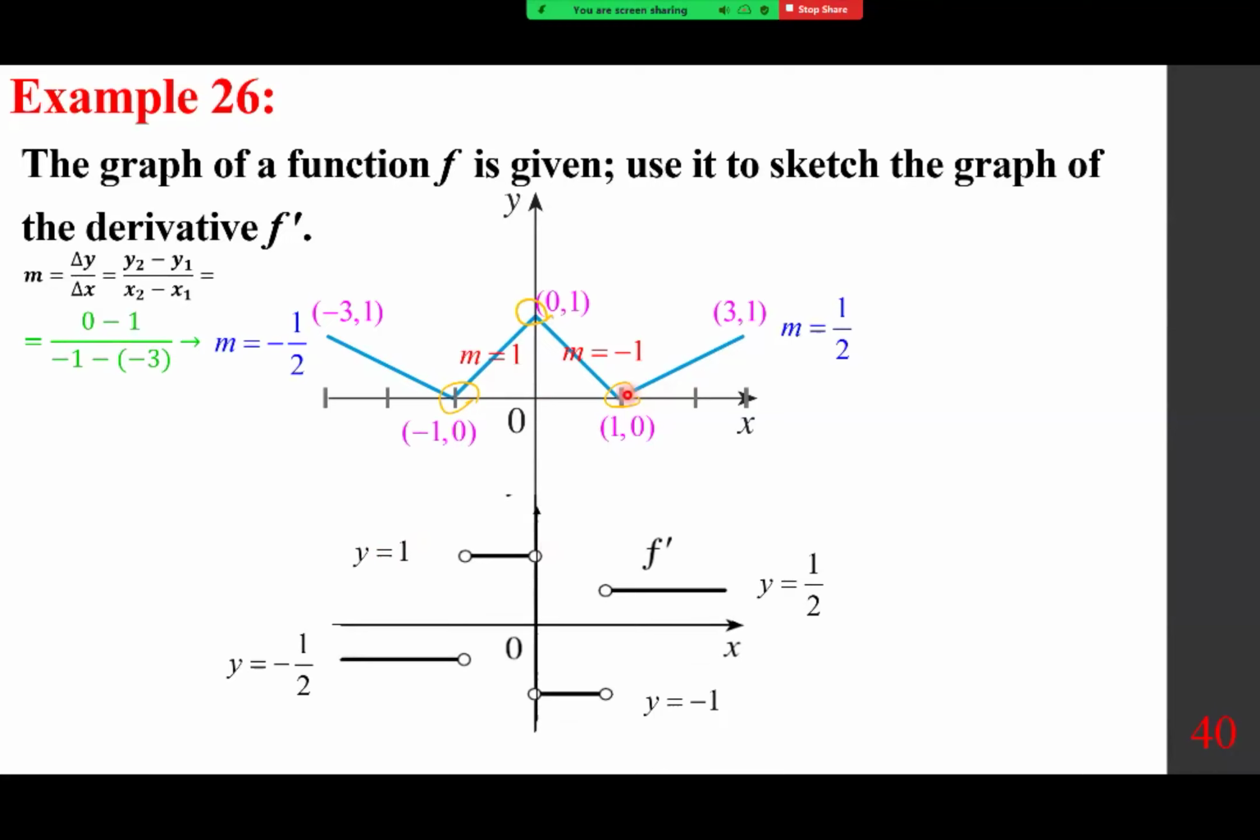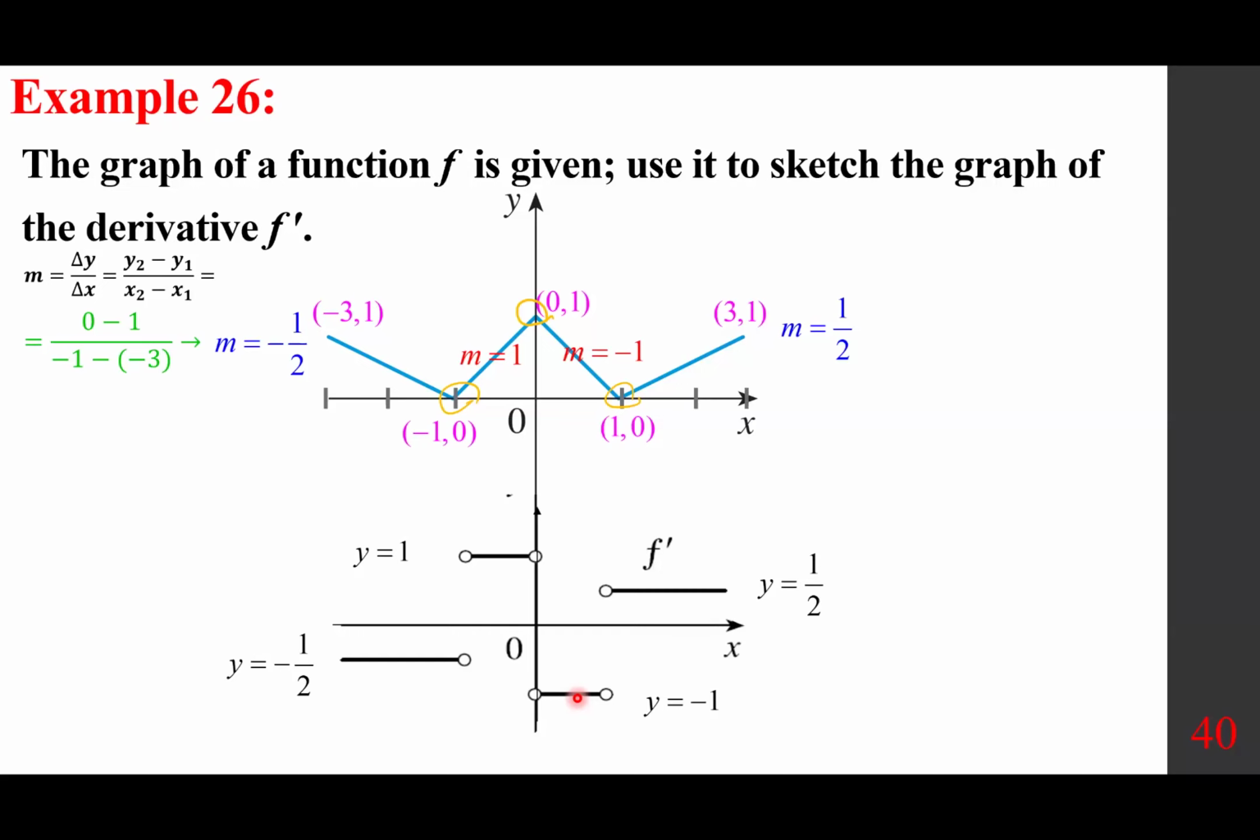Y equals 1/2 from here. It may be continuing indefinitely, we don't know. And over here, just from 0 to 1, we have m equals -1. I hope it's clear to everybody. So I believe it's pretty straightforward. That's how we find the graph